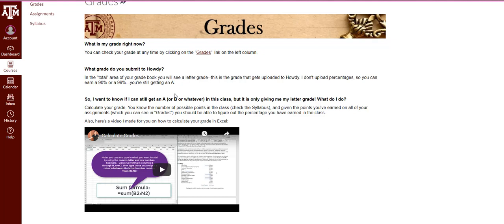Okay, now, if you want to know if you can still get an A or B in this class, what you have to earn on the next assignment in order to pass the class with the grade you want, you should have all the information you need to figure that out. You know the total number of points in this class, you know what each assignment is worth, and looking at your grades, you know exactly what you have earned on the assignments up to that point. Take this information, put it into a spreadsheet, and figure it out. I've actually recorded for you a video right here on exactly how to do that. So use it.